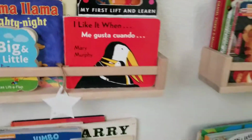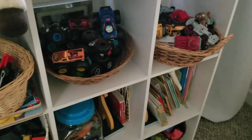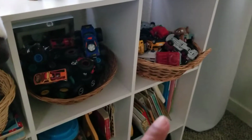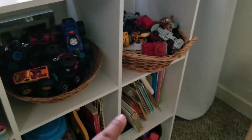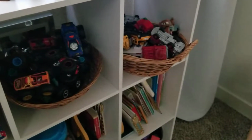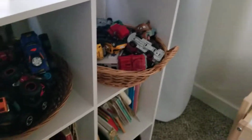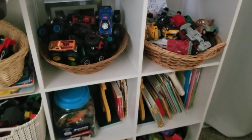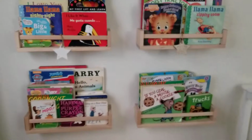I felt like he's ready, because I used to have his books down there. There's some extra books down there, and I feel like every time he comes in here, he makes a big mess. As you can see, I tried arranging them, and then this morning, he took out some books, and I told him to put them back, and that's the way he put them back, and I feel like that doesn't really work for me. So this works for me because he'll get a book and he'll sit on the